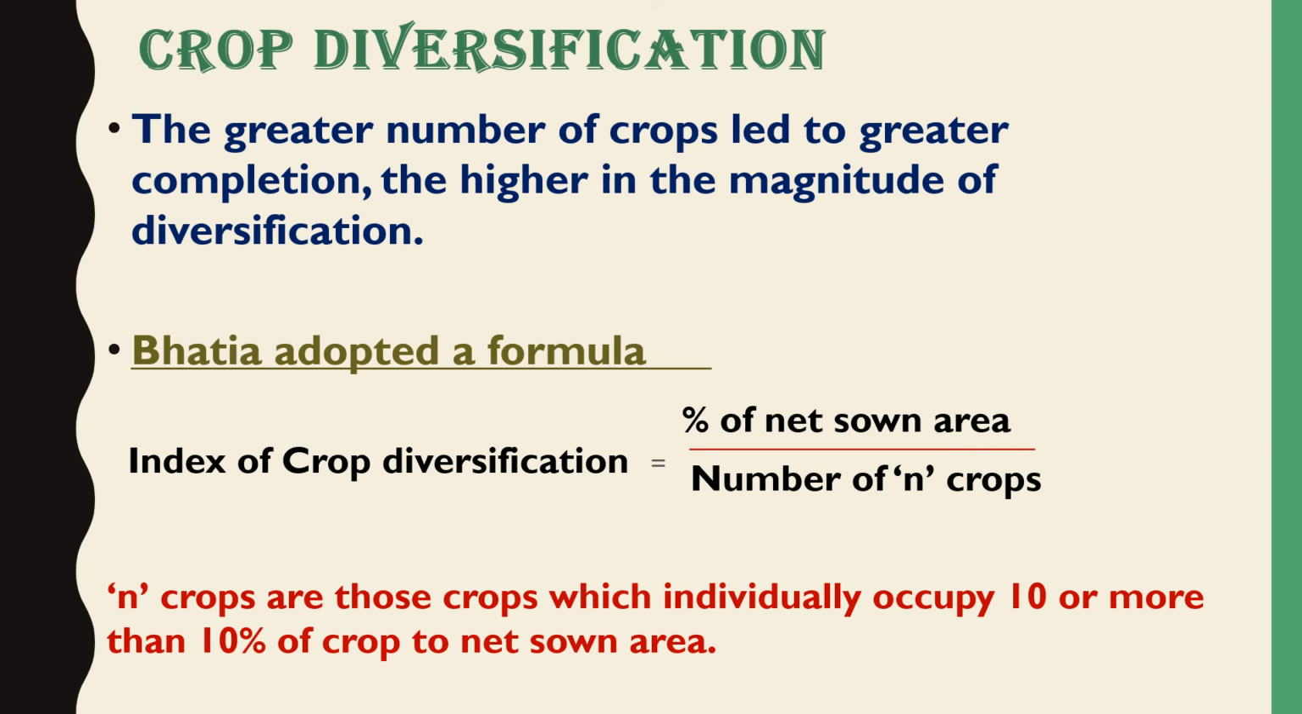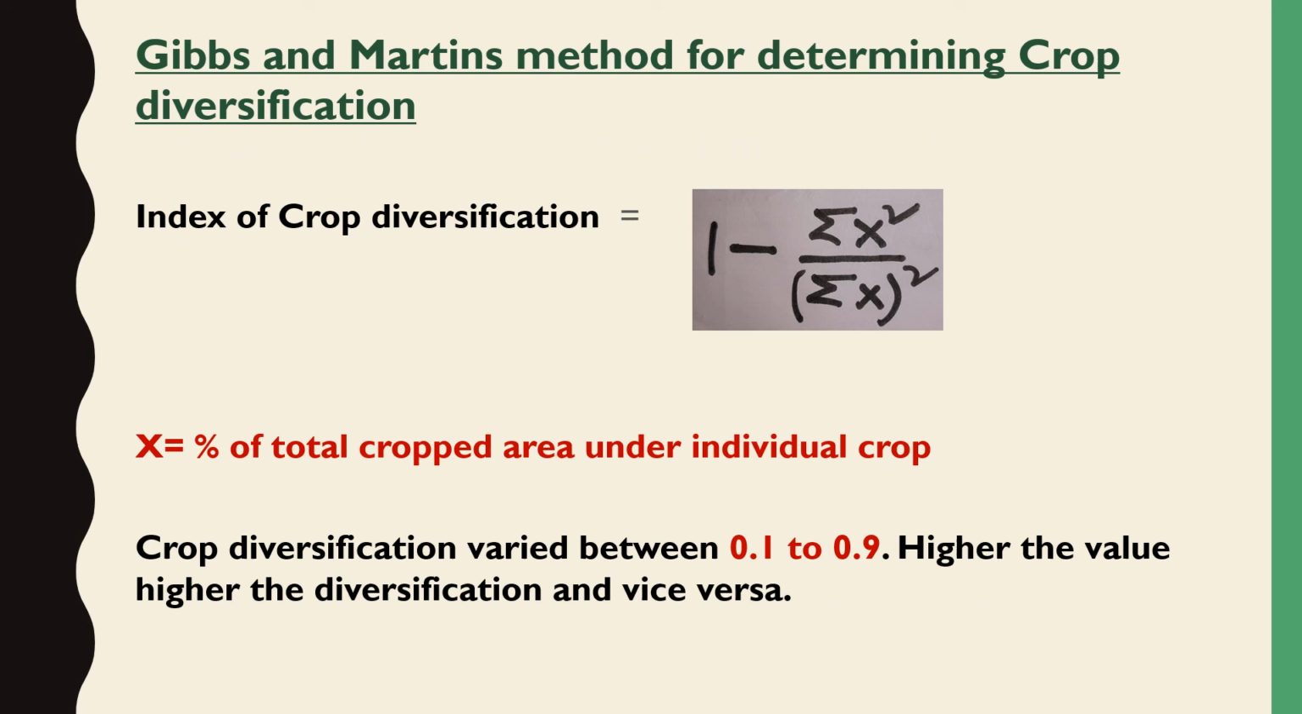Bhatia adopted a formula for delineating crop diversification index in an area. That is percentage of net sown area by number of N crops. N crops are those crops which individually occupy 10 or more than 10% of crop to net sown area. So this is another method very important for net exam,